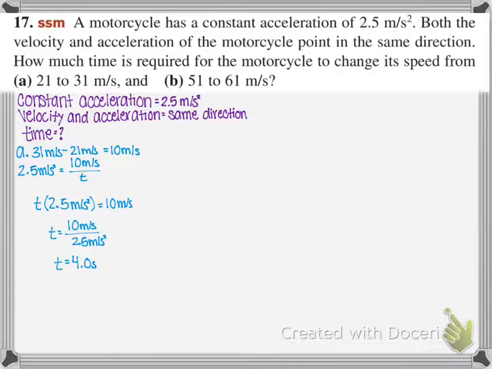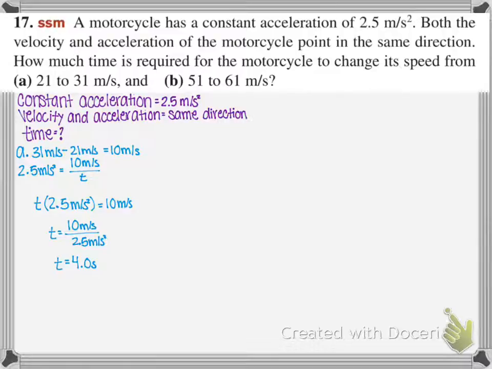Now you would plug this into the equation, and you would do 2.5 meters per second squared equals 10 meters per second over time. And then you would multiply time out, giving you time times 2.5 meters per second squared equals 10 meters per second. And then you would get time equals 10 meters per second over 2.5 meters per second squared, giving you time